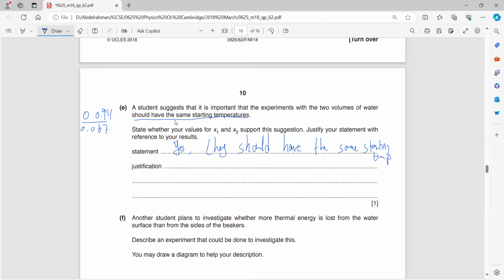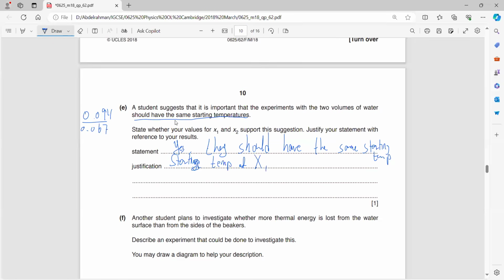Why should they have the same starting temperatures? Because the starting temperature of X1